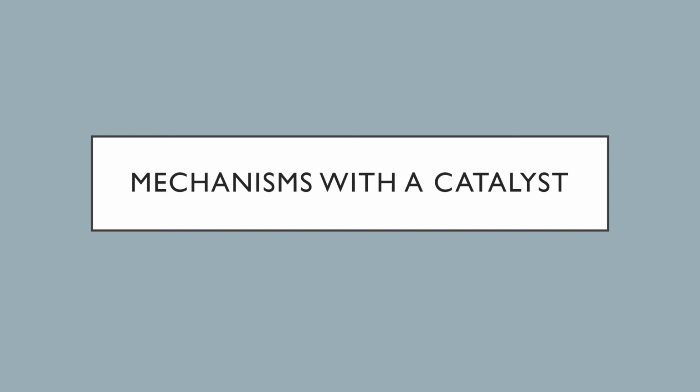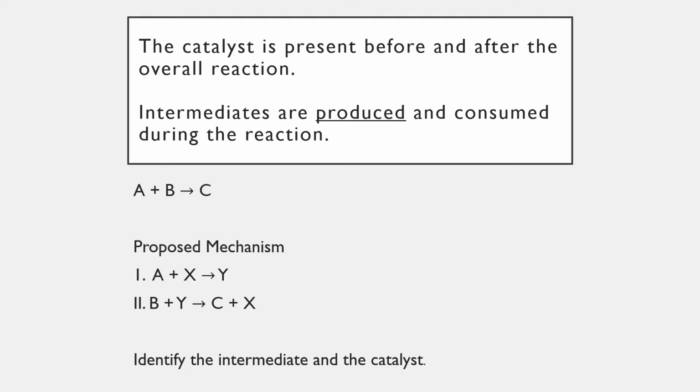This will give you a little bit of practice identifying a catalyst as well as the intermediates in reaction mechanisms. So the catalyst is present before and after the overall reaction. So you're going to see it on the reactant side and then on the product side. The intermediates are produced in an elementary step, usually the first or an early step, and then they are consumed. So you will see it as a product first, and then you will see it as a reactant in a